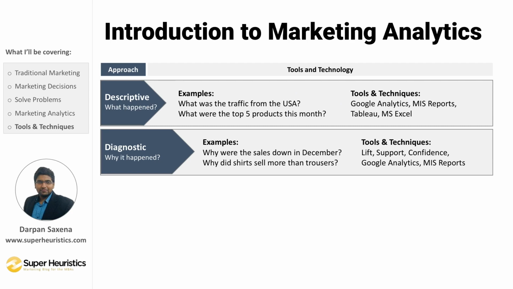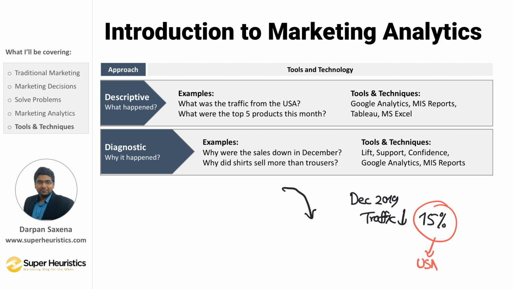The second example is that you would want to know why it happened. Suppose by the end of the year your sales had gone completely down, and you now have to understand why it happened. I can share a story of my own to help you understand this. In December of 2019, the traffic on my blog went down by 15% suddenly out of the blue, and I was not sure why exactly it happened. When I kept on analyzing it, I realized that all of this traffic was from the USA, and there we have the holidays of Christmas. So then I knew that it happened because of the holidays.